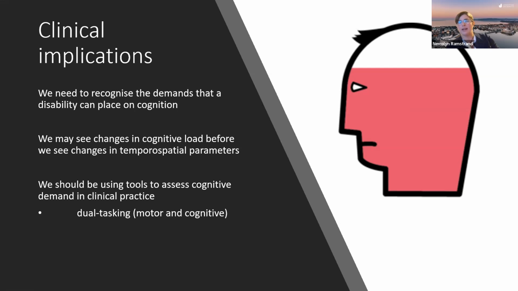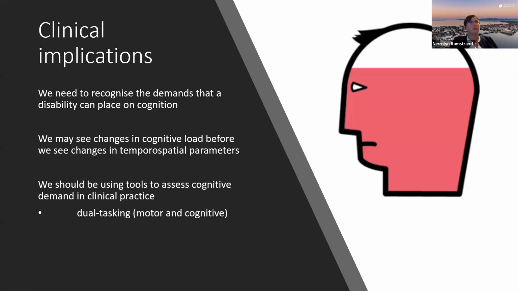Now, not everyone has access to brain imaging technology, but we'd certainly have access to dual tasking options. And there are many different types of dual tasks out there. So this is also something I've been thinking about a lot. What is the perfect dual task to perform? And does it matter which dual task you choose? And I think it does. What I haven't presented today is we have another study where we looked at dual tasking on prosthesis users, and we showed a difference on one dual task but not another.